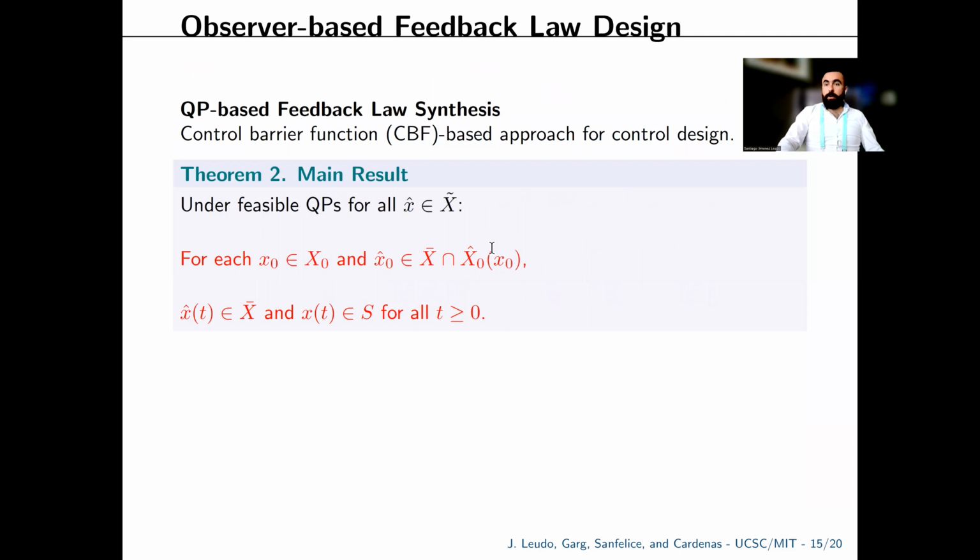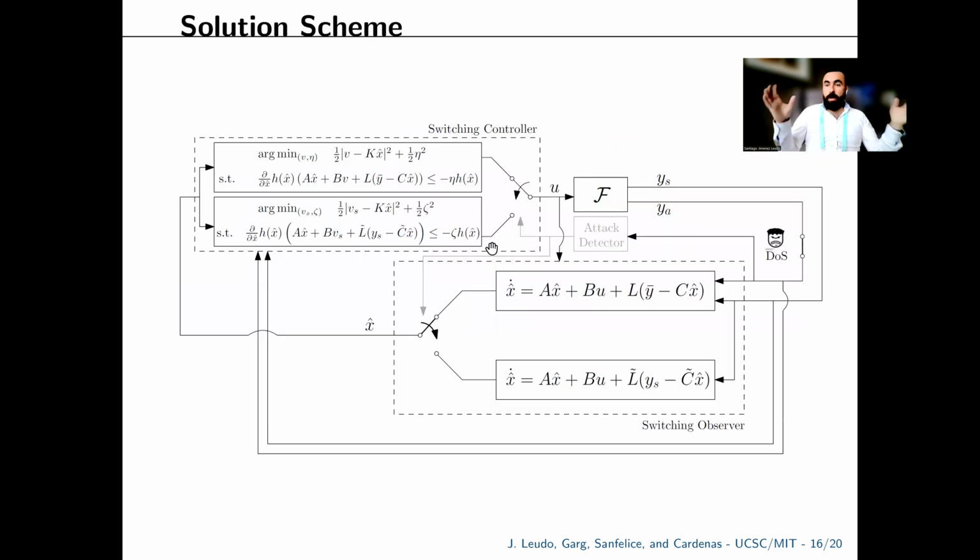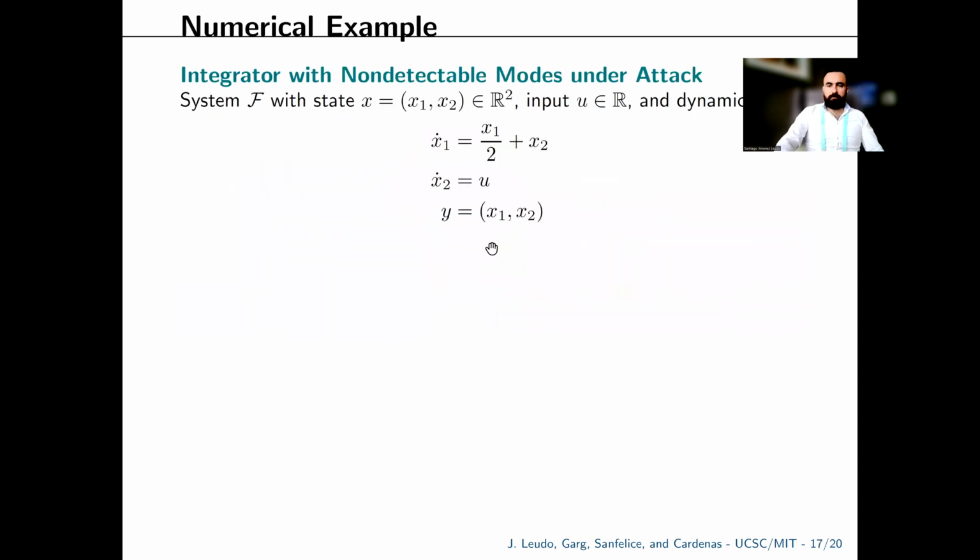So if the QPs are feasible in the estimation state space, and we properly initialize both the state and the estimation based on the construction of our sets, then we can guarantee that the estimation will remain inside of the set that we define based on our function h, that is x bar, and this will imply that the state will remain inside of the safe set. This is thanks to the feasibility of the QPs. So now we have our complete scheme,